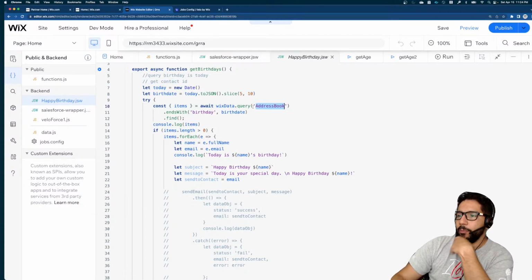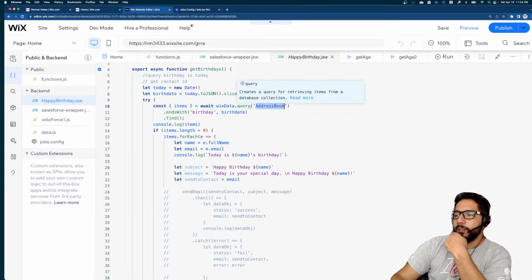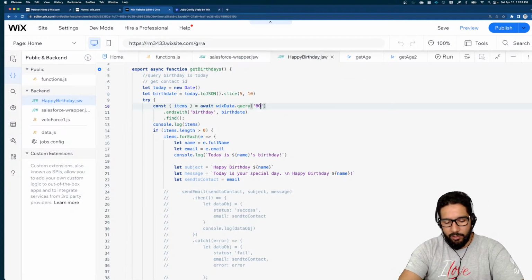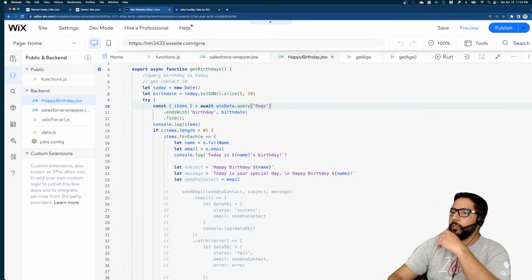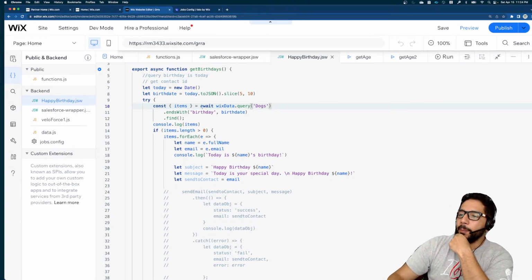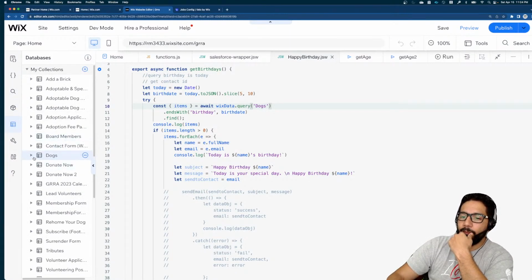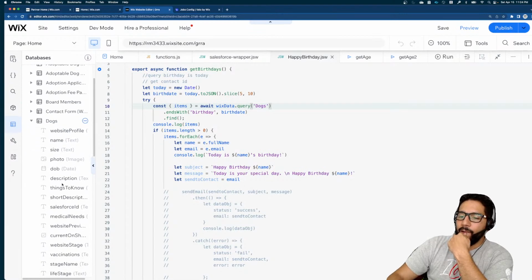In this case, it could be like, so if it's like dogs, right? Dogs. And then if we look here, we have